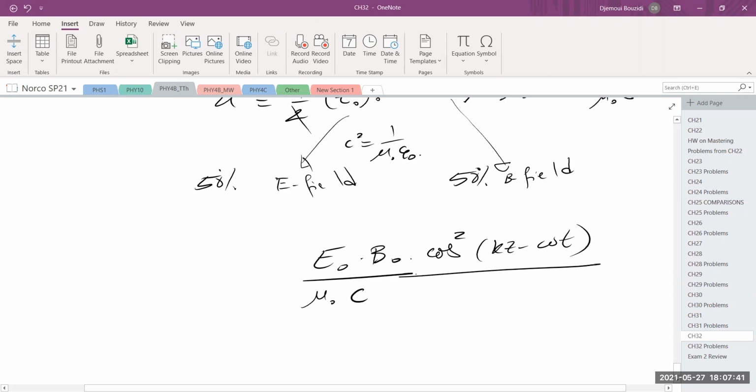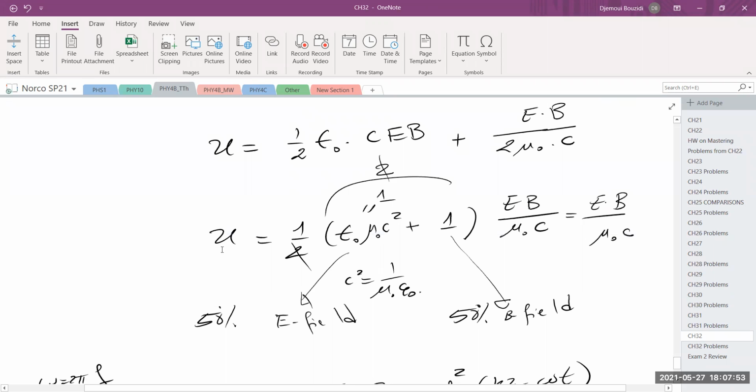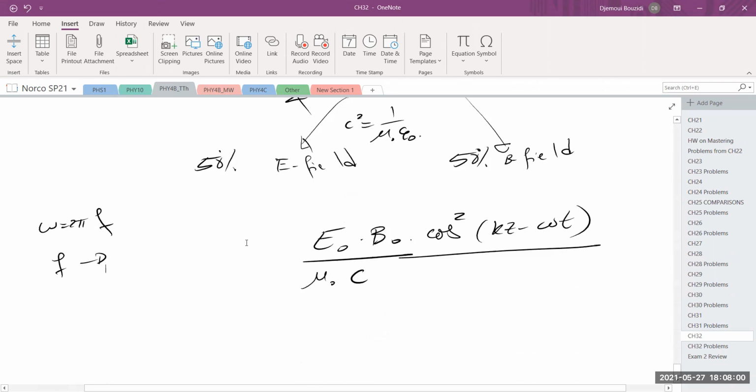Okay, in all of our observations, omega is equal to 2 pi f, and the frequency f is a huge number, even for radio waves. Radio waves, if you look at your phone, it's in the gigahertz or megahertz. TV is megahertz, so it's huge. Mega means 10 to the power 6. That means this varies so fast in a single second that all we care about is the average of this quantity. And the average of a cosine squared from the previous chapter, when you average it over one period,